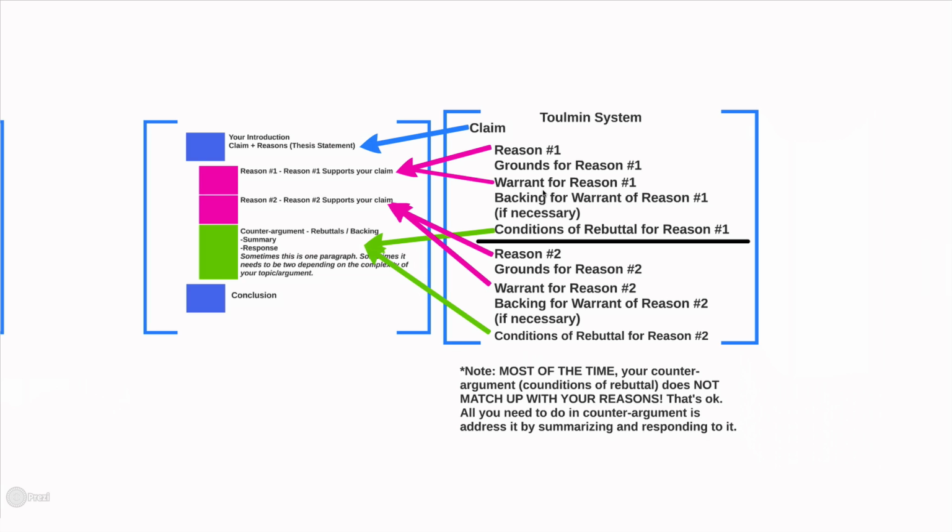Maybe, probably, more than likely you will. Reason 2, as you can see, forgot conditions of rebuttal for reason 1. So that rebuttal, the counter arguments, are going to find themselves in this area here, even though it's attached to reason 1. Reason 2, again, up here, we've got reason 2, those arrows, the grounds for reason 2, your evidence,